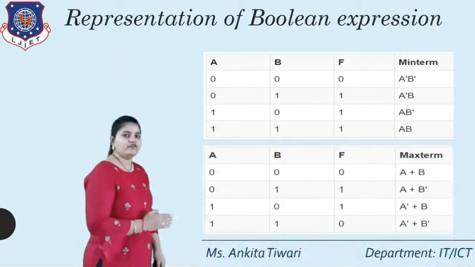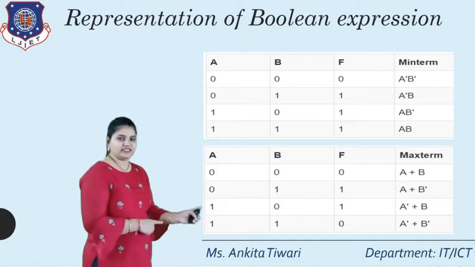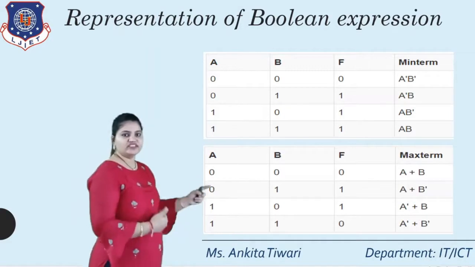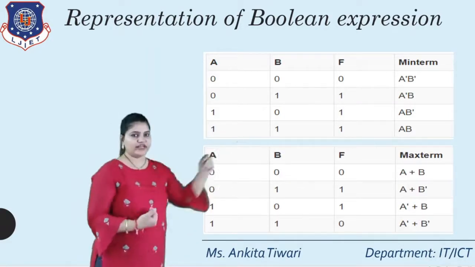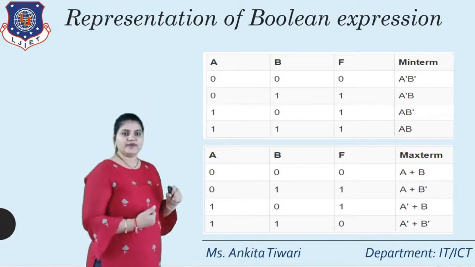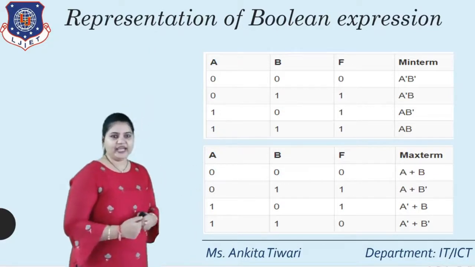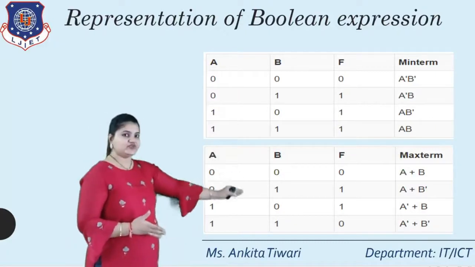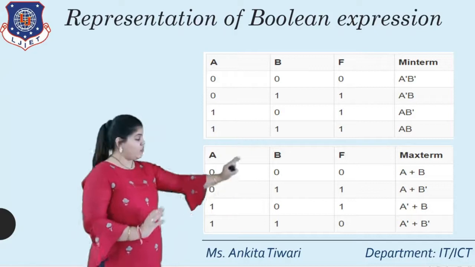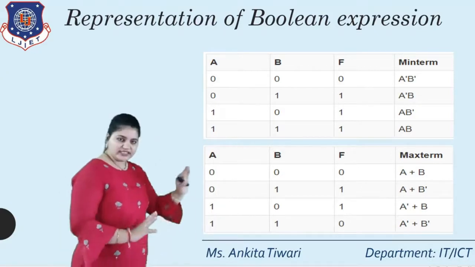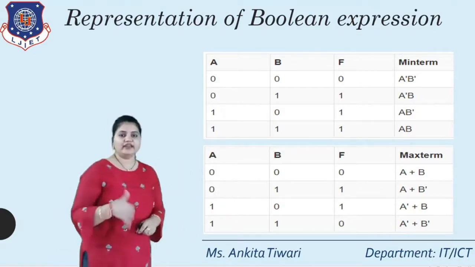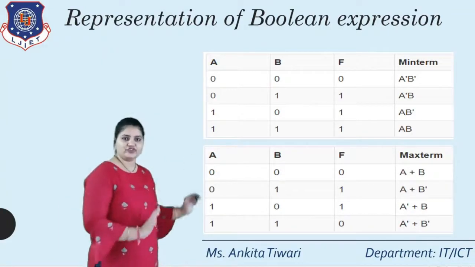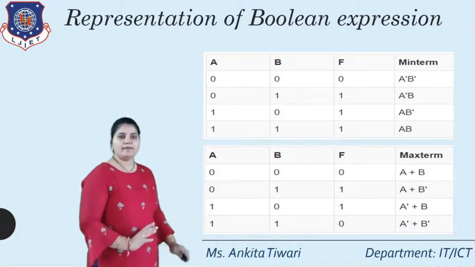The same thing we will see in the truth table using max terms. Here again, a and b values 0 0, 0 1, 1 0 and 1 1. The 4 values are represented as a plus b, a plus b bar, a bar plus b and a bar plus b bar. But here, as you can see, the example is changed. Where f is 1, that value is active, and where it is 0, it is inactive. We have to keep in mind that the function will define which values to consider and which to not. But this is the actual representation of min terms and max terms.